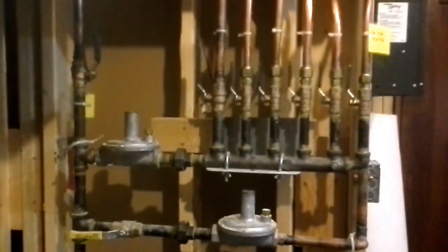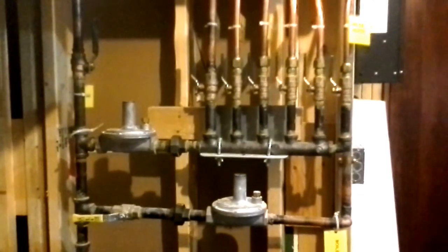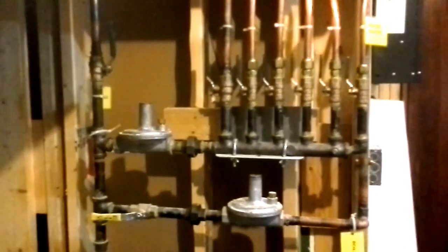This is our gas line installation coming from our 425 gas meter on the outside of the home. This has all been dedicated and designed